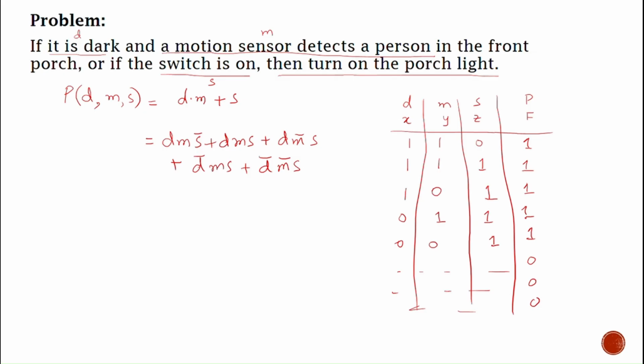So in the next class, we will study about the minimization of the circuit. That is, we have a circuit, we have a problem, and we identified the sum of product expansion. We can construct the circuit, but now we want to minimize it. We want to use as few circuit components as possible by taking the minimization of the circuit, and this will be done with the help of